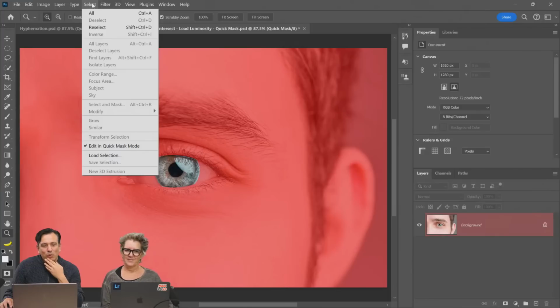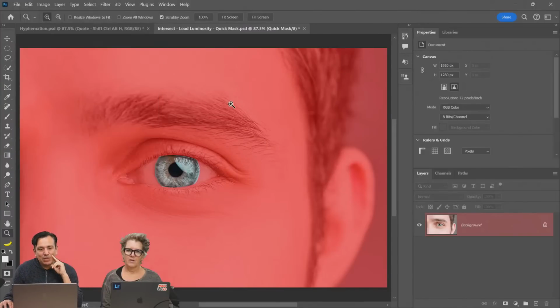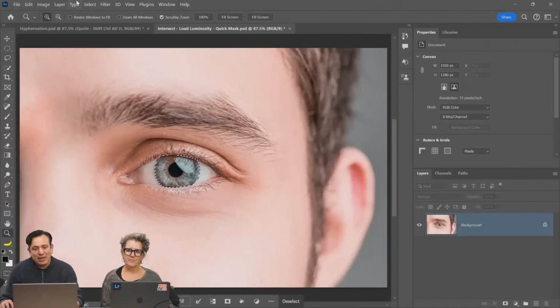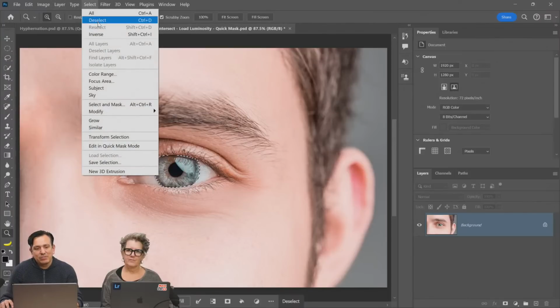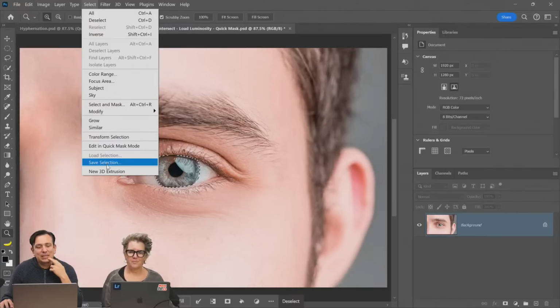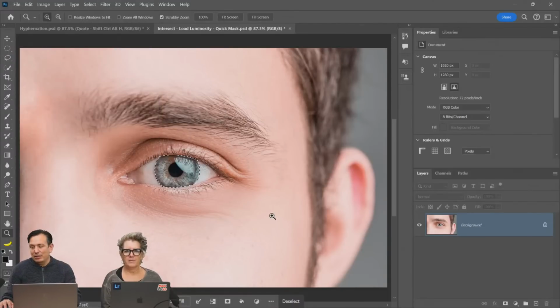Yeah, and you know what? There's an old school way, and somebody's going to call it out in the chat here, to feather a selection. I rarely use it, because I use this technique. It's buried in here. There's actually a feather window that comes up when you have a selection active. I thought it was under Select, but anyway, the point is there's a feather selection, and I cannot seem to find it right now. The point is that I don't use that anymore because I use Edit and Quick Mask mode. You can do it in Modify, but I don't think you